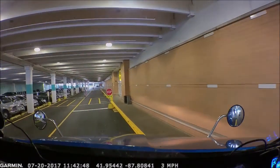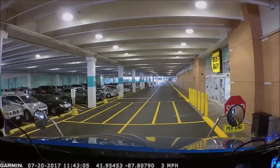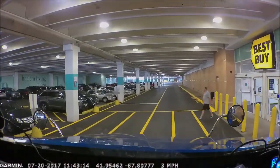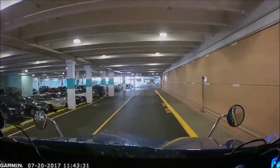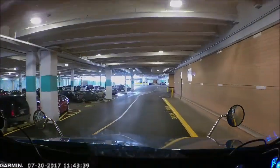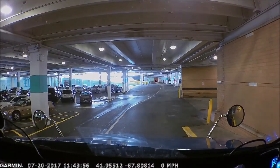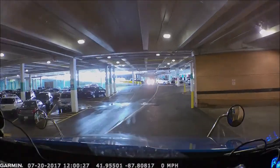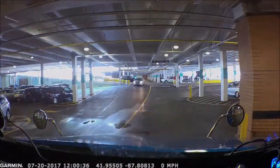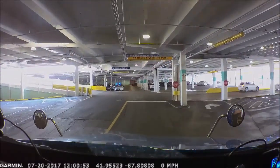And we are going to stay close to the sidewalk as we can. Do not go on the sidewalk, and watch the pole that the trailer is not going to hit it. And then we're going to stay along the sidewalk and go all the way down to the end. We're going to stop, go down to the docks, ring the buzzer, give the paperwork to the person. They'll come out, break the seal. I asked them to hang out and kind of keep the traffic behind me back so that I would not